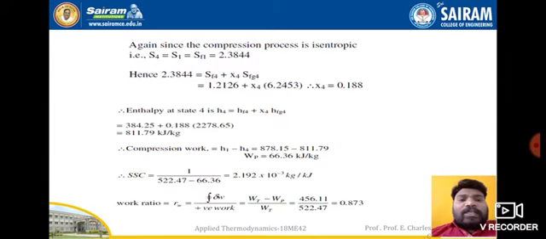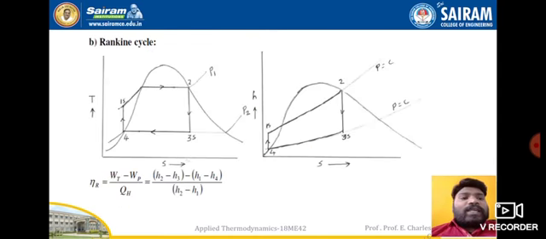Finally, your steam flow rate is SSC divided by WT minus WP, as we have seen in the previous one. The last one is the work ratio: the cyclic integral of net work done divided by positive work. Dear students, we have two different works. One is turbine work, another is compressor work. Turbine work is the positive work. Compressor work or pump work is the negative work. So here the positive work is WT. The formula will be WT minus WP divided by WT, and if you substitute, you will get 0.873 as the work ratio.